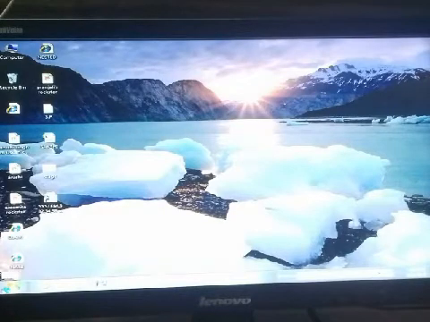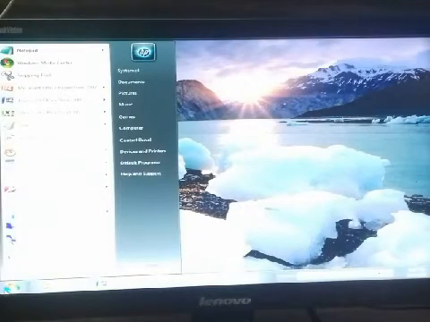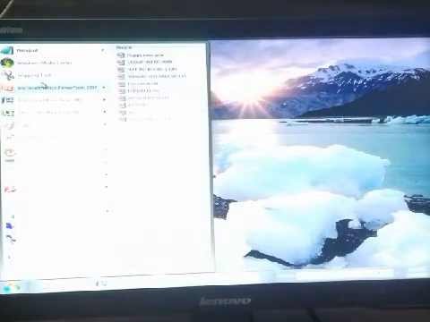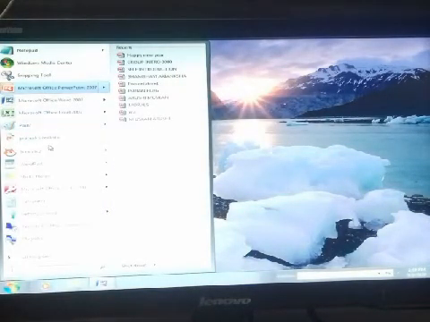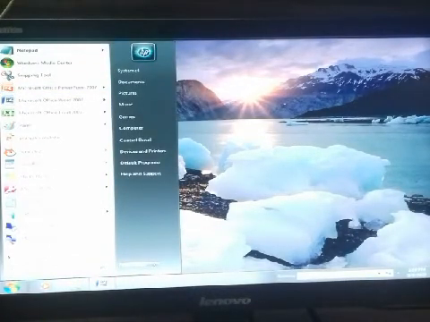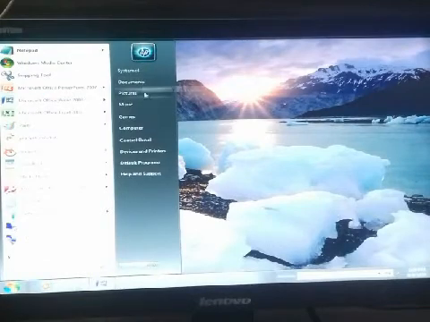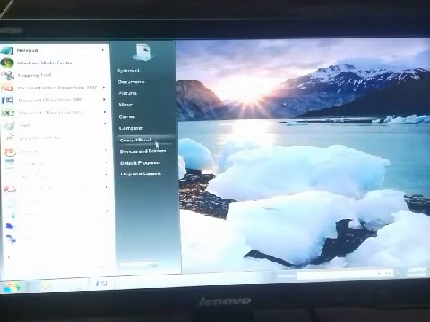When you click on it, a list of options will open, which is known as the start menu. Like this, I have clicked on it, and the start menu has opened. The start menu is divided in two parts. First is the left pane and second is the right pane.